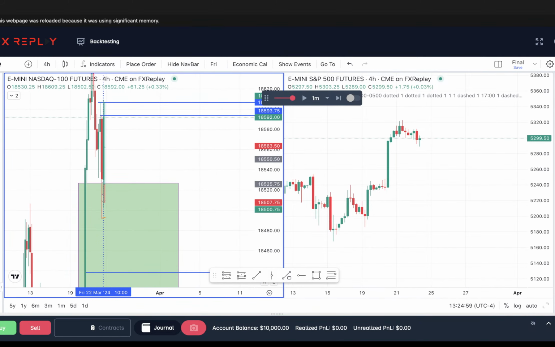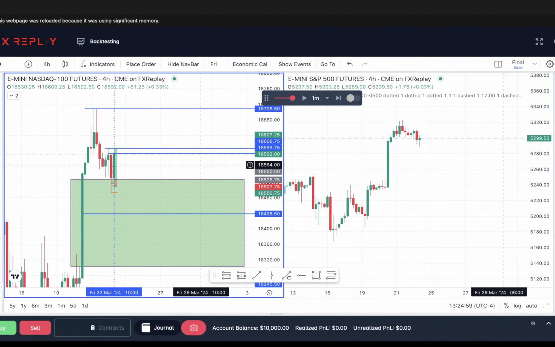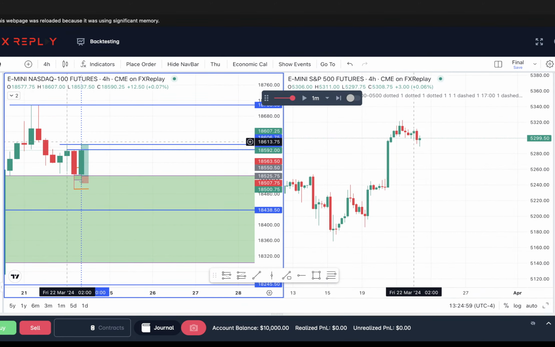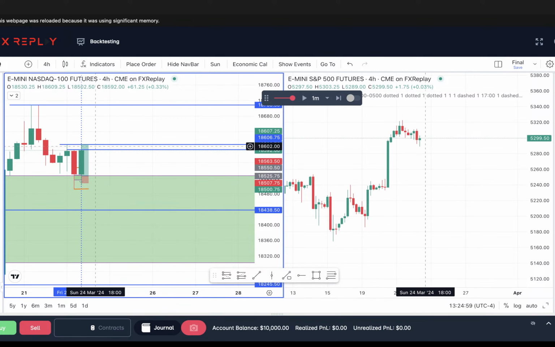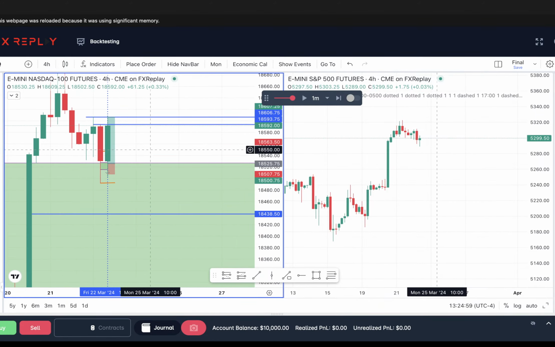And let's see what it looks like on the 4-hour chart. That's what it looks like. The trade came down, boom, and then we got this 10 a.m. candle back up to the buy side. That's it. That's all you got to do.